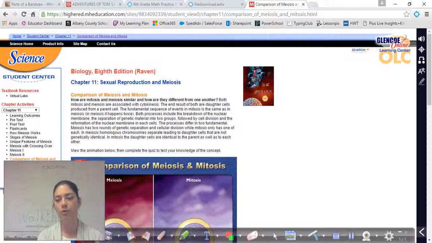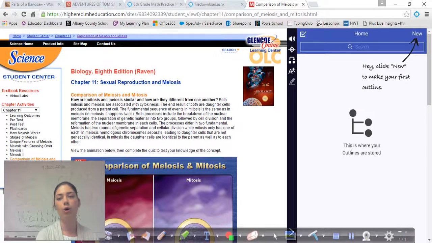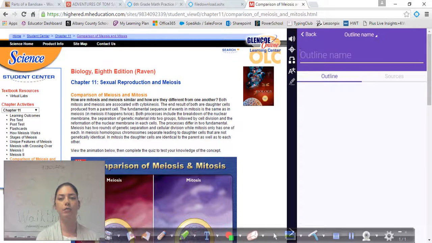This arrow here, if I click that, it opens up an outline box, and I can hit that I want a new outline, and I've selected this cell biology lecture here, so I can put down compare and contrast